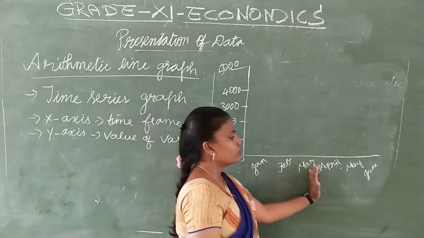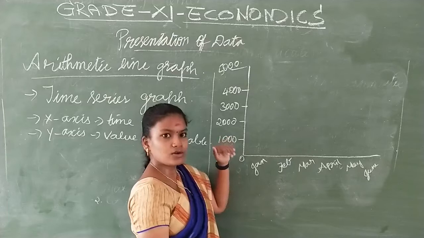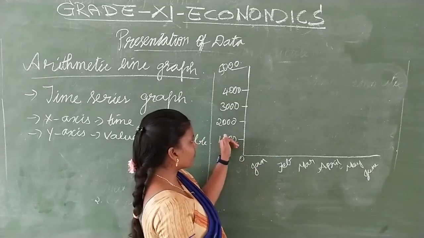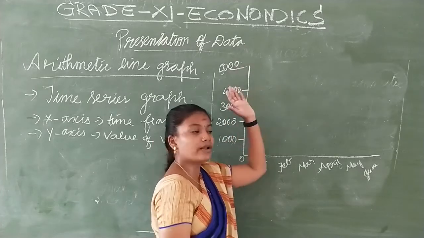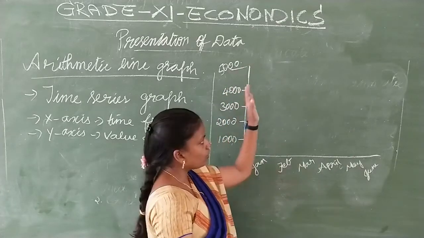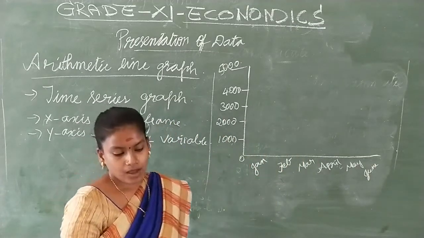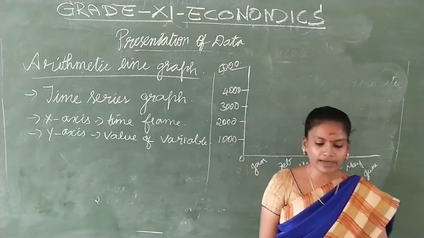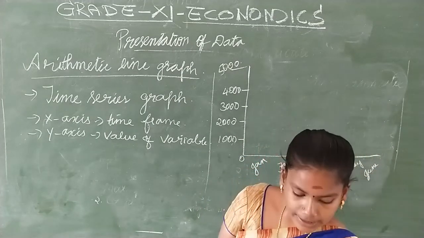So week 1, week 2, week 3, week 4, week 5, week 6. Yeah, you're going to have 50 kgs, 60 kgs. Or if you're going to decrease it also, you're going to have 20, 30, 40, 50, 60, 70, whatever weight you have. Okay, you're going to mark it as a time series graph. A line graph joining these period points over time is called an arithmetic line graph.